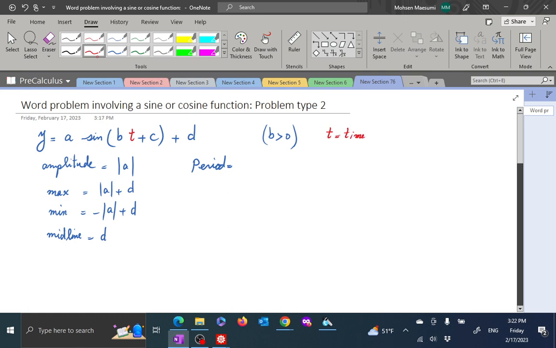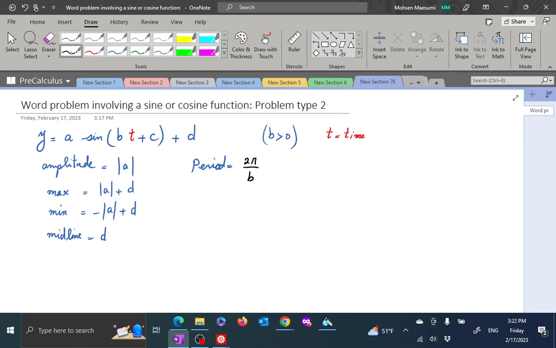Previously we just had a generic letter x, but now more often than not we are using the letter t to indicate something's changing in time, and the period is the length of time it takes for something to repeat itself, and in this case it's going to be 2 pi over, we assume b is positive,